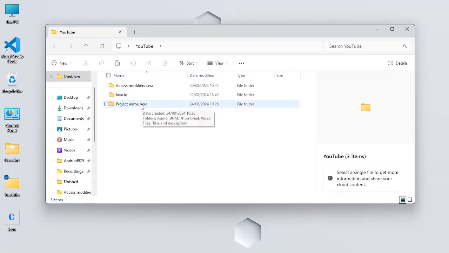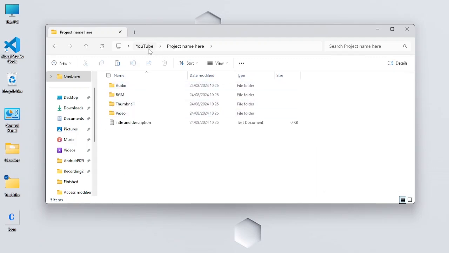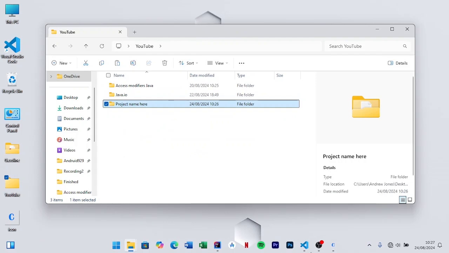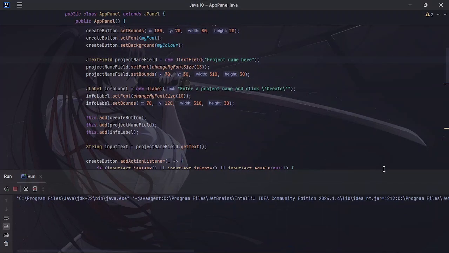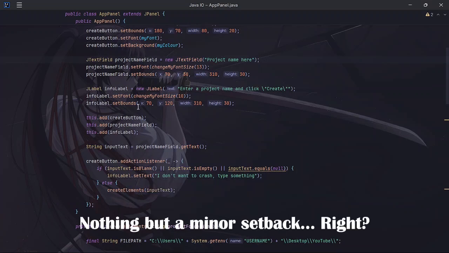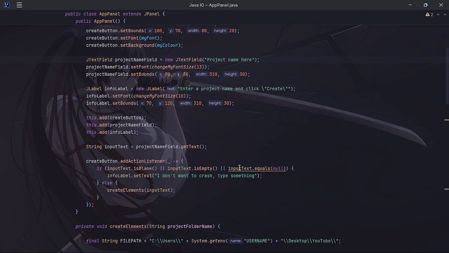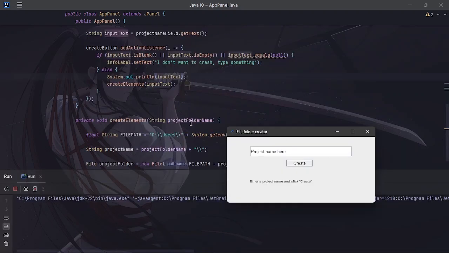Project name here. I mean, well, he created something, right? Oh gosh. Okay, so yeah, there's some kinks that need to be ironed out. I don't understand why we are not working here. This is the action listener. Wait, hold on. Okay, so I fiddled around a bit with it, and I think I might have actually found